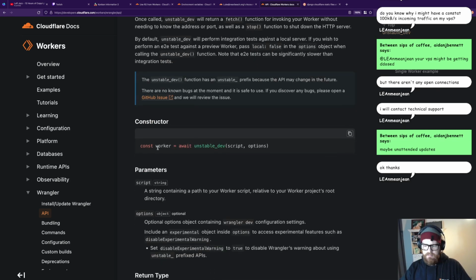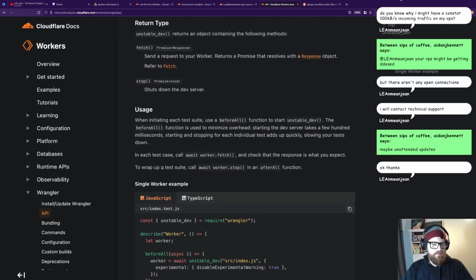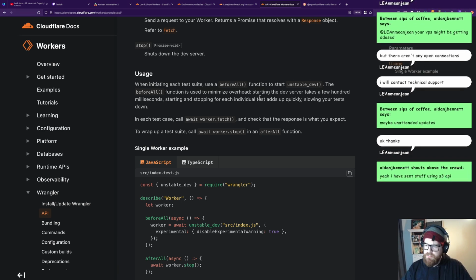As for this, Aiden, whilst you're there, have you had any luck with the API sending files up to R2? Because yeah, I'm confused how this is meant to be set up. When initializing each test suite, use the before all function and unstable to start the unstable dev. The before all function is used to minimize overhead, starting